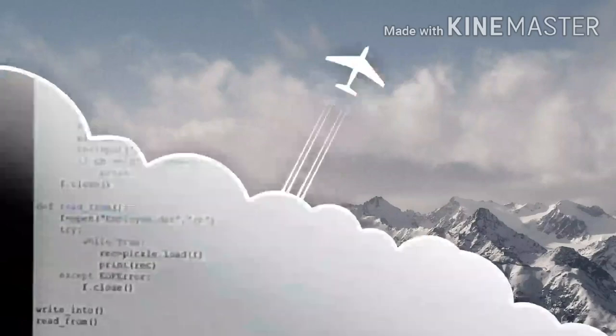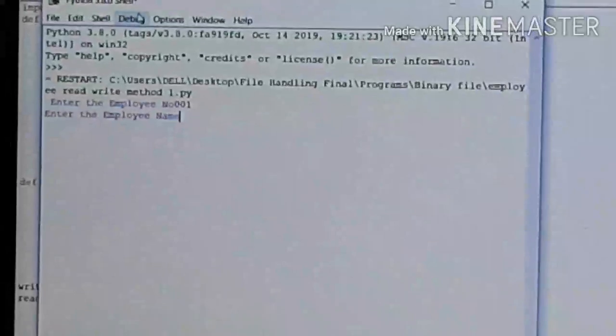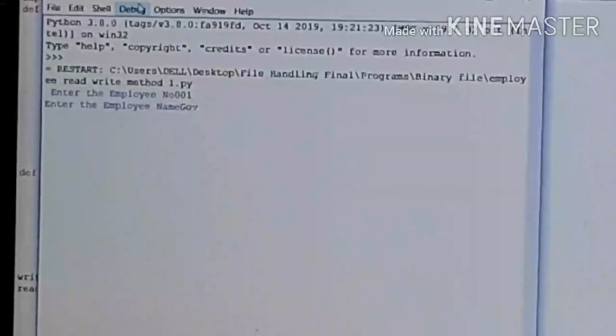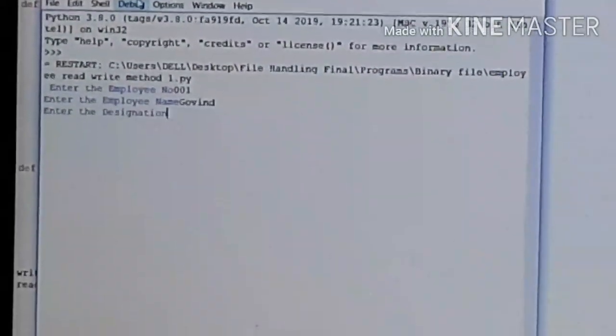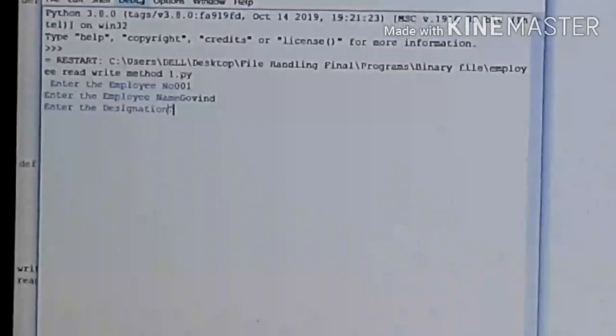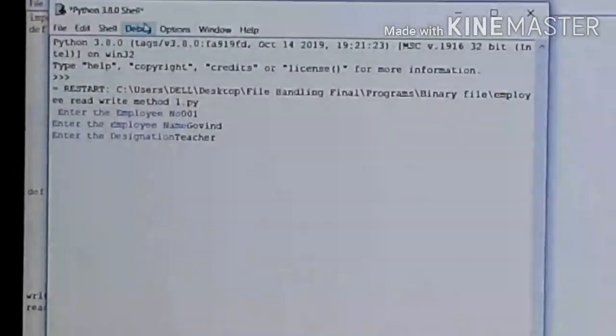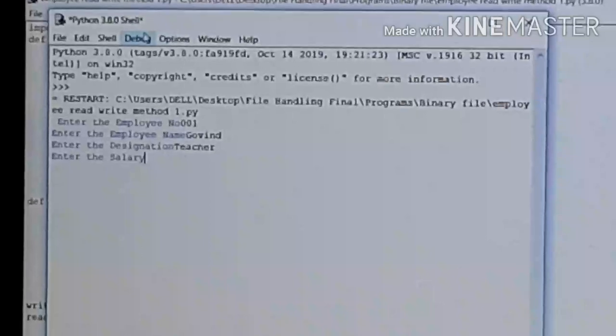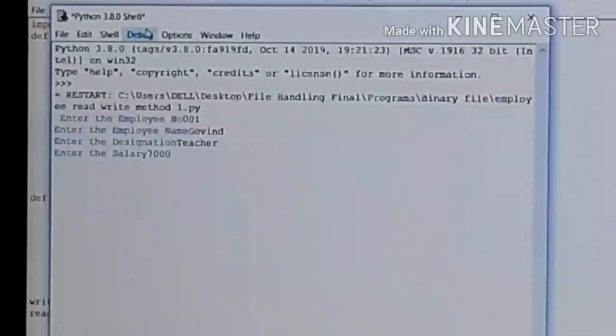I have written it in Python IDLE. I run this program, press F5, and it asks for the employee number. Suppose I put 001, and the name is Govind, the designation is teacher, and the salary is, suppose, 70,000.